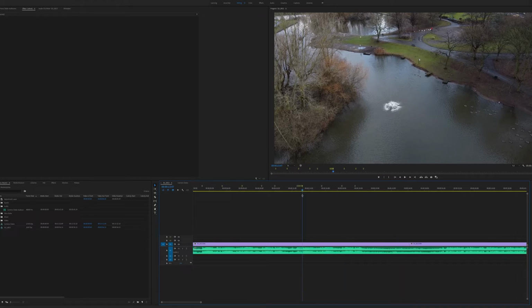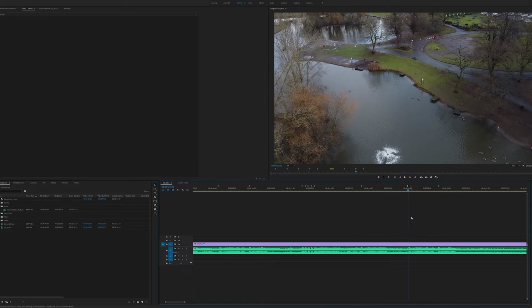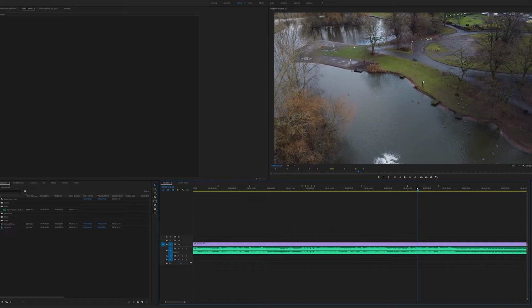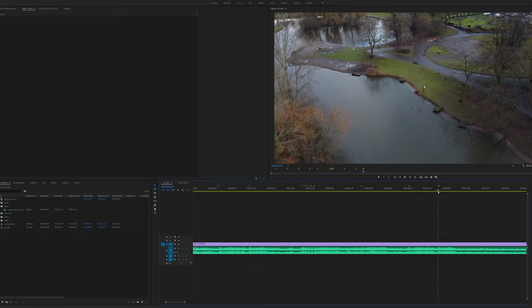What we'll do then is we'll come out to this one, zoom back in again so we can see. I think it's probably a couple of frames early. Same with this one. I'd say, yeah, I'd say it's definitely a frame or two early, and that one's probably a tiny bit late. Okay, so we've got them all in place, we're all sorted, and we know where we are now.